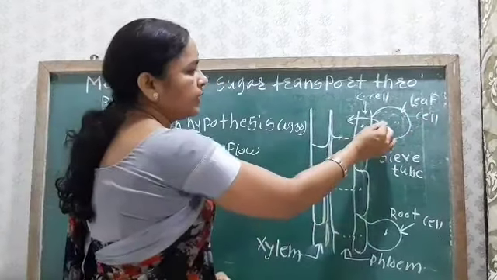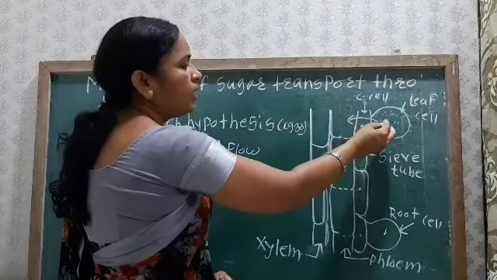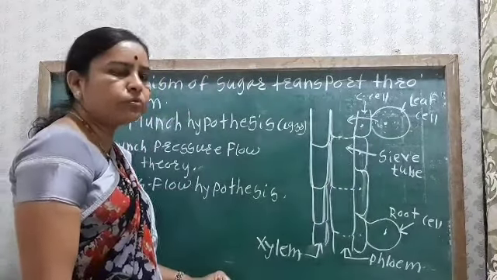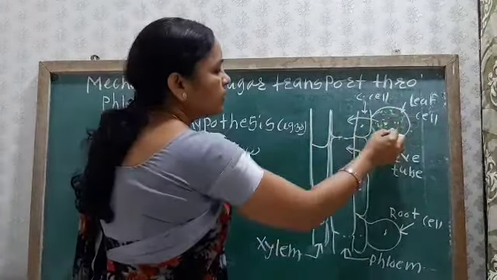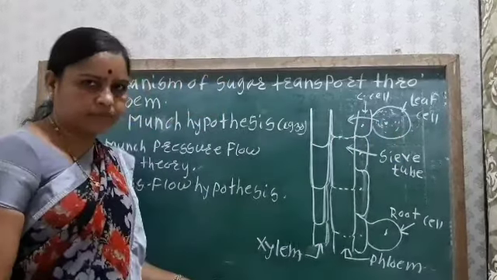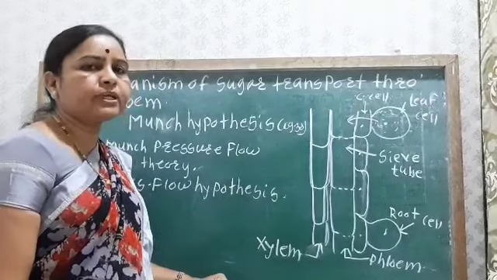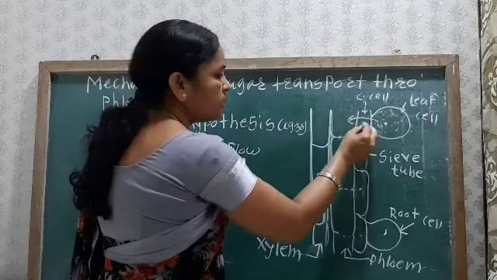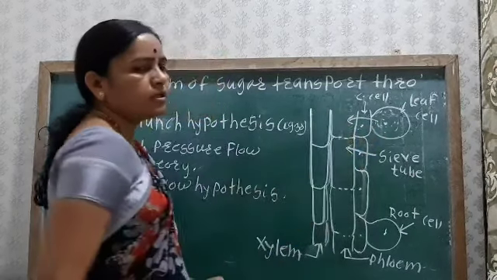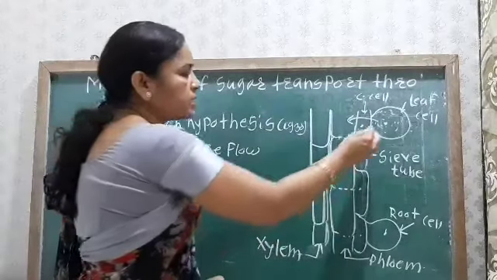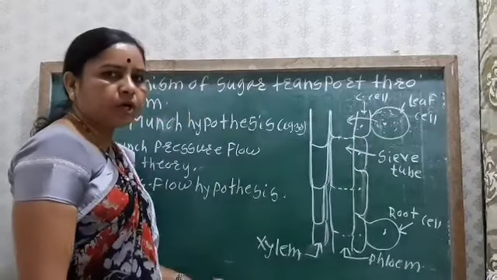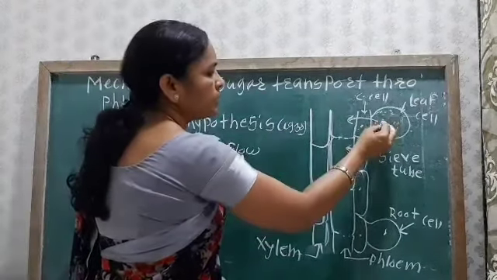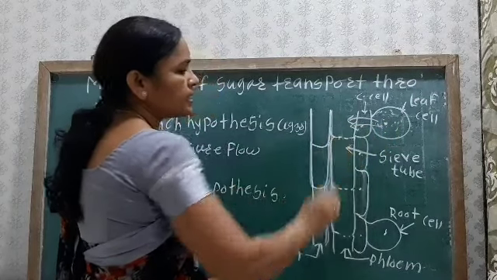Food material is synthesized in the form of sugar during the process of photosynthesis. When food material is synthesized, the turgor pressure of the mesophyll cell increases, and due to this increase in turgor pressure, the sugar is transported through the companion cell into the sieve tubes. Okay, and it is transported passively, or it is transported forcibly. So here a force is produced, due to which the food material is transported into the sieve tube.